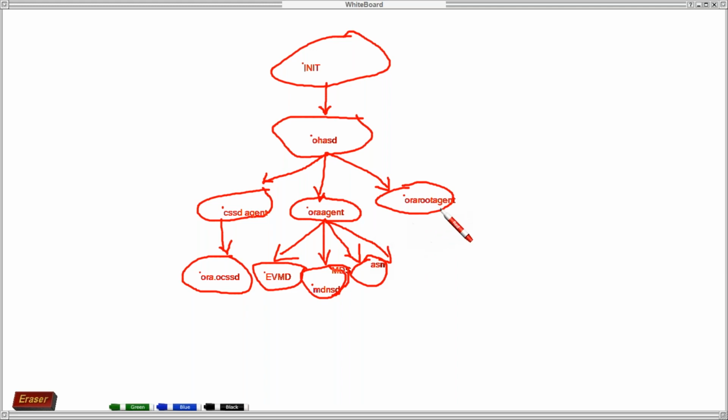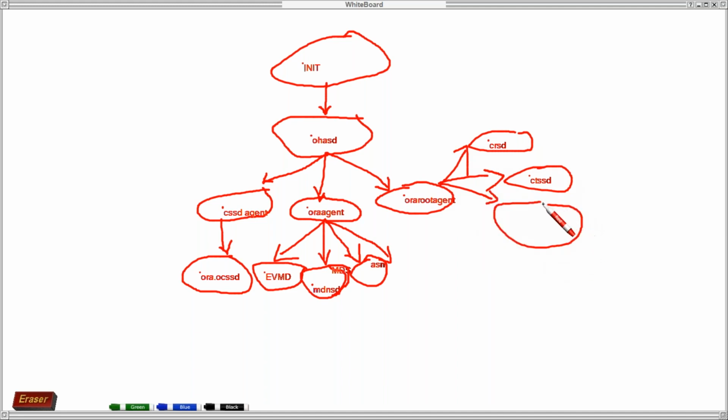So Oracle root agent is generating some 5 processes. Okay. So one is CRS daemon. Another one is CTSSD. Another one is CSSD monitor.